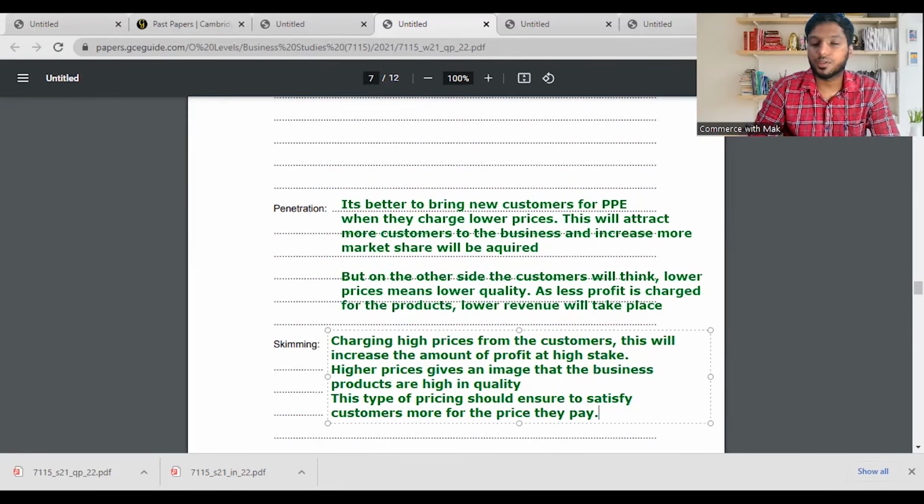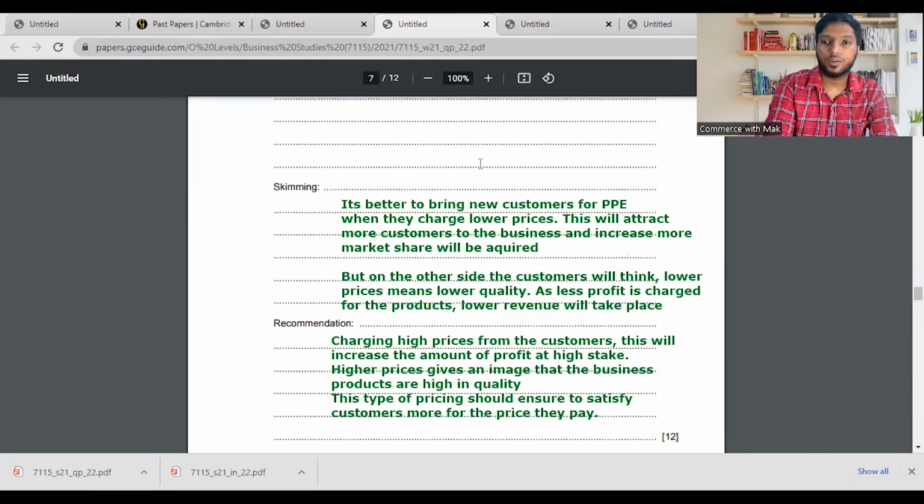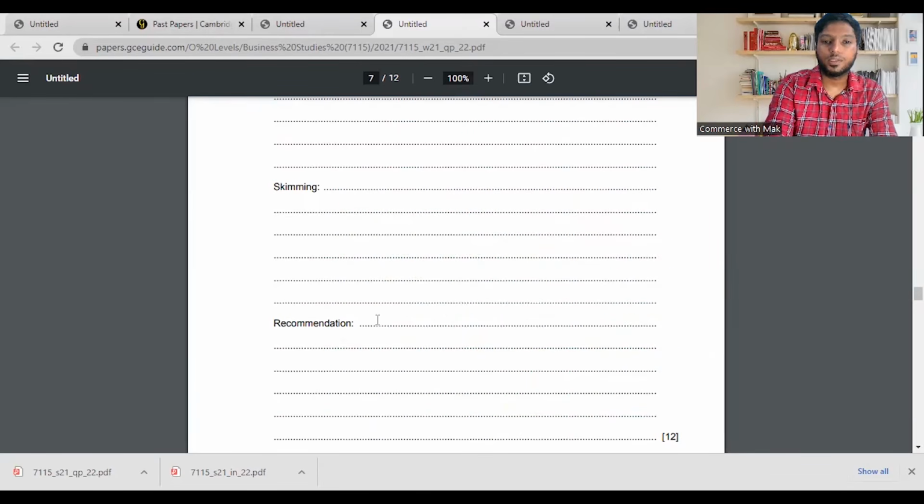The second option is cost plus pricing, which could be a recommendation, but penetration I won't go that particular way. So I'll write here the recommendation. I'm going to erase this off. What is the recommendation we're going to write? We are going to write